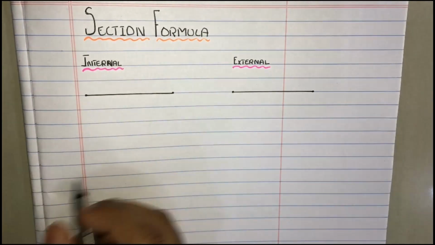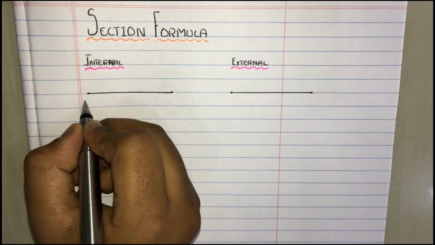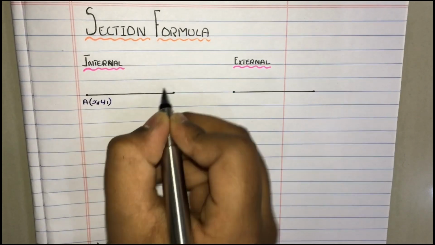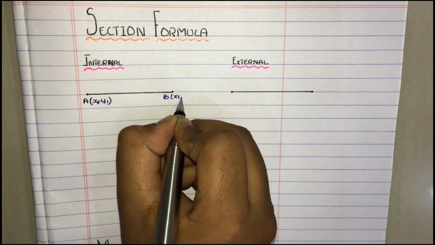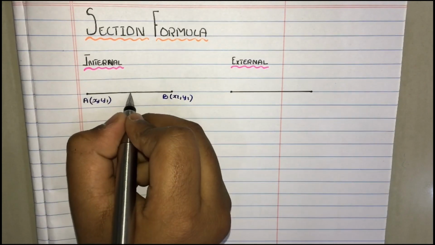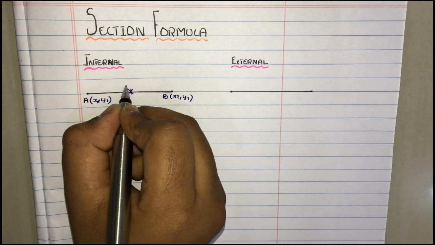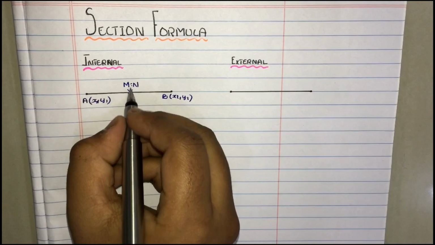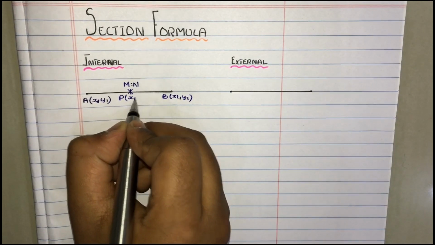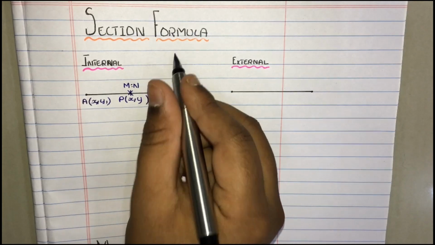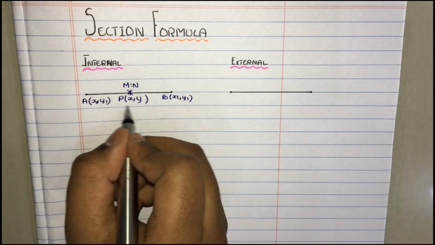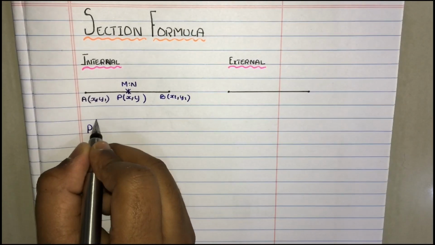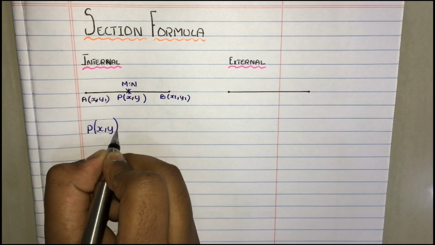So internal section formula. This is a line segment. This is a point A, which is x1 comma y1, and this is B, which is x2 comma y2. Now this is a point here, which is in the ratio m is to n. Don't make it as 1 is to 1, okay? It's m is to n. Now a point which is of the form x comma y. So section formula helps us to find the ratio as well as the point, that is the coordinates of this point. So let's start. P of x comma y is equal to